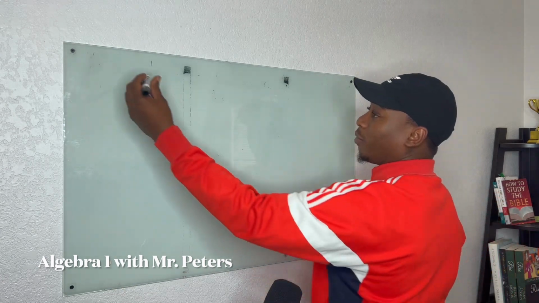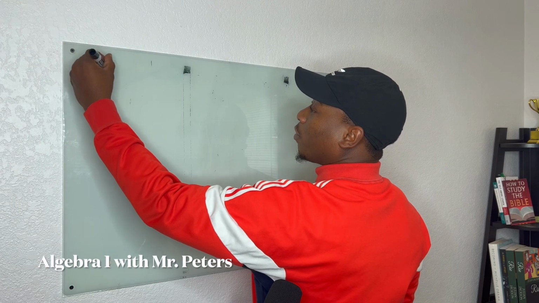All right. So in our second problem, it's a little bit different now. What they're going to do is give us the area, and now they want us to figure out what the missing side length is. So let's write this down. All right. So we have the area